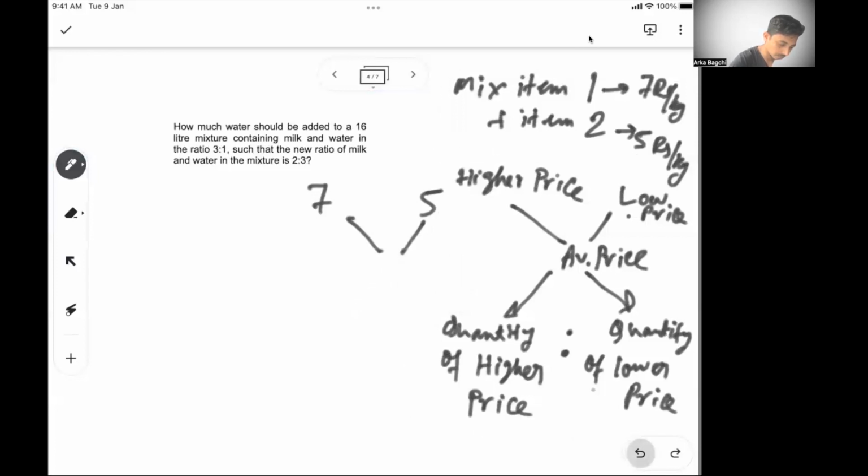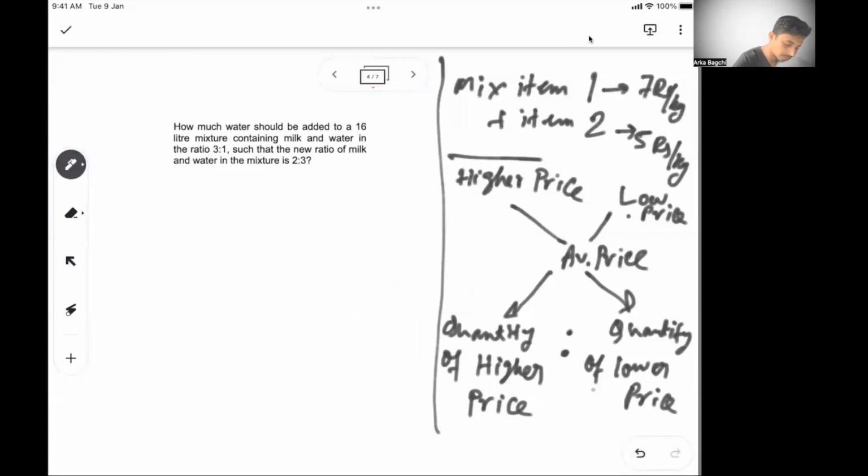I'll just keep the formula. So this is this part. We'll keep this formula for your reference. So they said, how much water should be added to a 16-liter mixture containing milk and water in the ratio